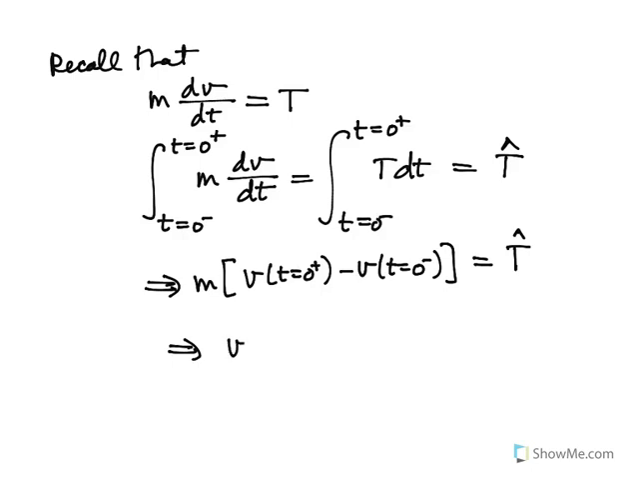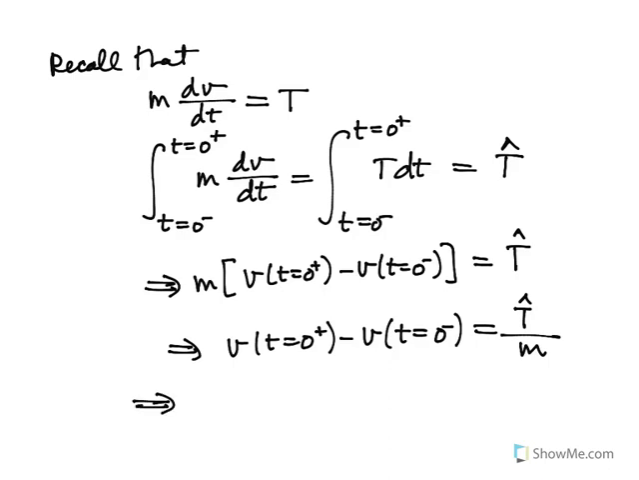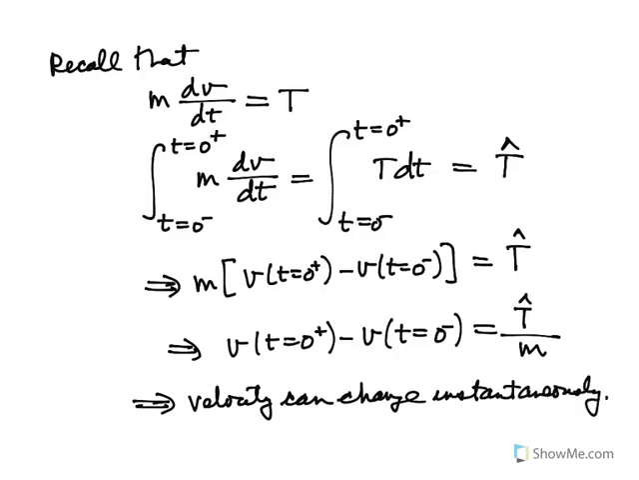Which implies that v at t equals 0 plus minus v at t equals 0 minus has to equal T hat all divided by m, which means that velocity can change instantaneously. But recall